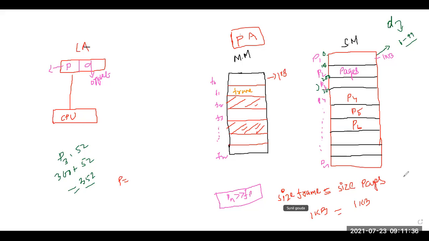In secondary memory, how many pages did you need? We have required 3 pages. So similarly, in the main memory also I have required 3 pages. Okay. Now 3 pages is not continuous here. Now you can see 2 pages are available, 1 page, 2 pages are available, 1 page is available. Total number of pages are 5, but they are not continuous.